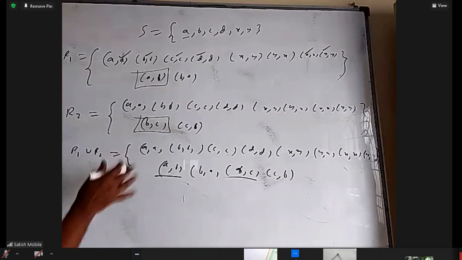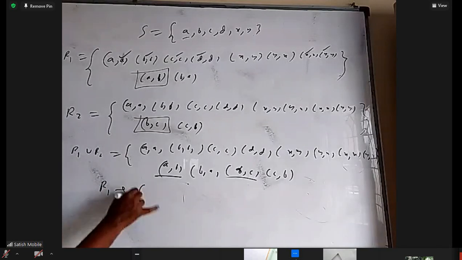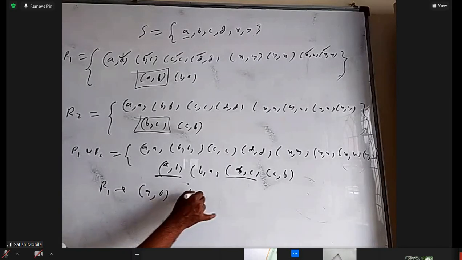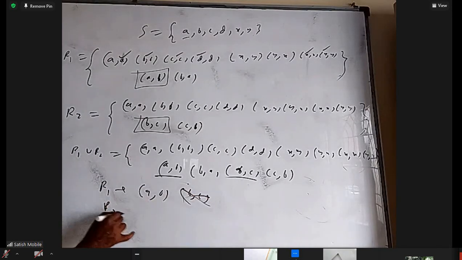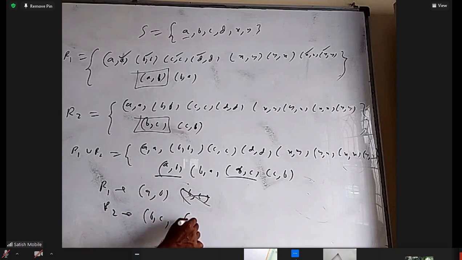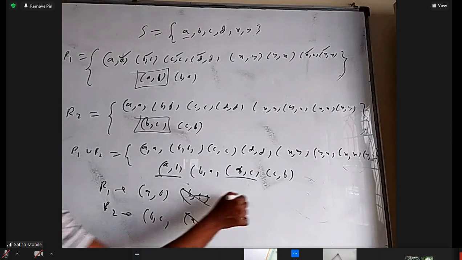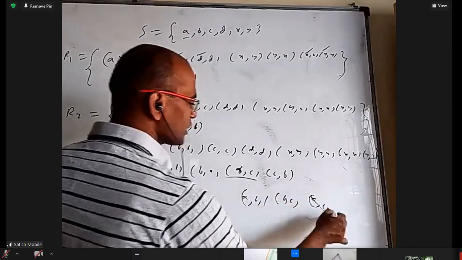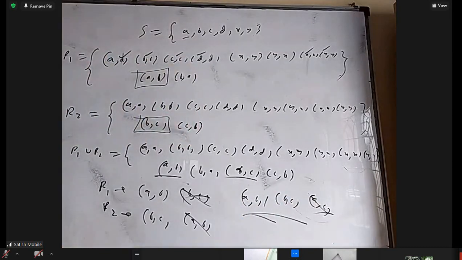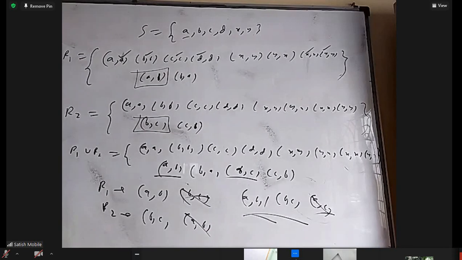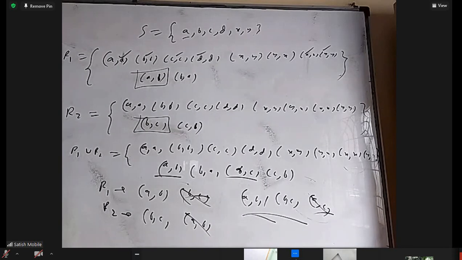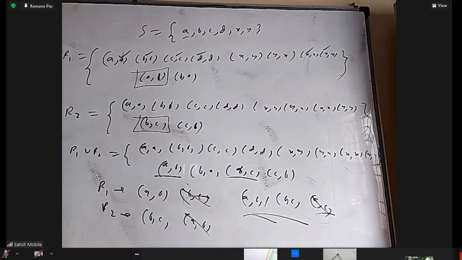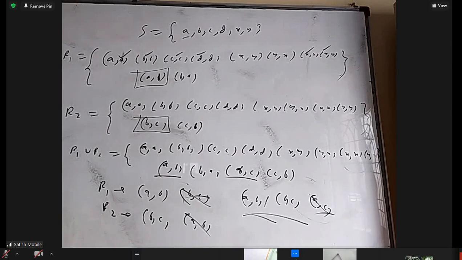But in union, what we have done very carefully is in R1, I kept only AB and I did not keep BC. In R2, I kept only BC and I did not keep AB. But in the union, AB will come, BC will come, and AC is not there, so it is not transitive. Okay, so like that you can understand. So are you clear that when R1 is transitive, R2 is transitive, their union need not be transitive? Is that point clear?